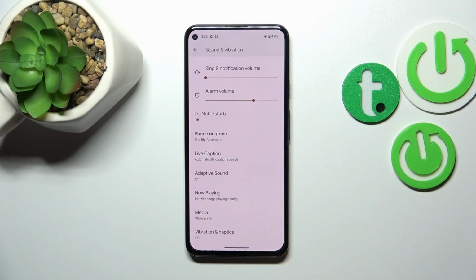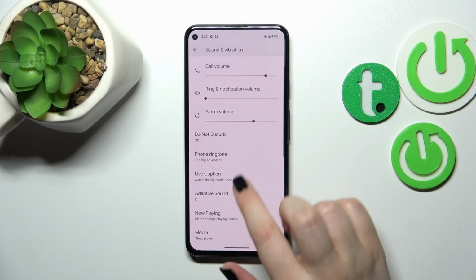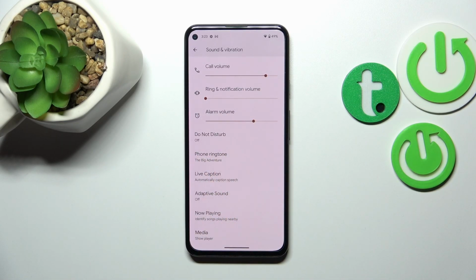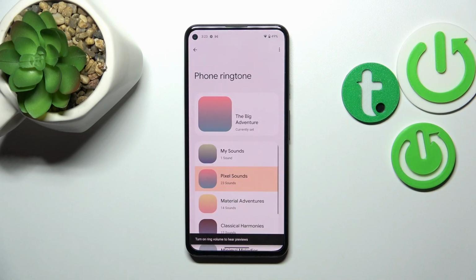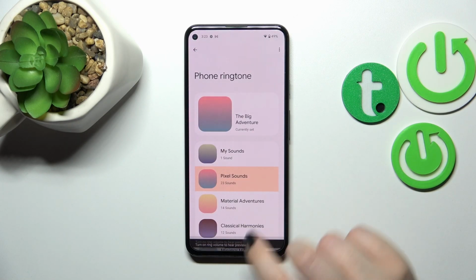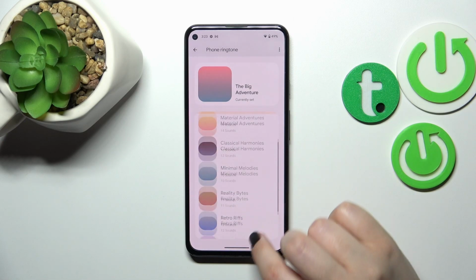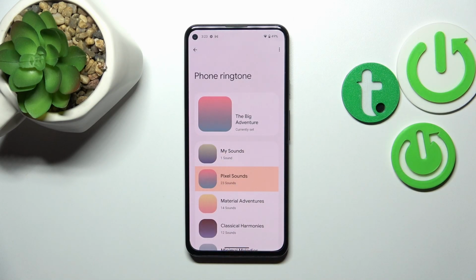Now let's scroll down just a little bit in order to find the phone ringtone here, and thanks to this option we will be able to change it. So let's tap on it. And as you can see, we've been transferred to the list of the ringtones from which we can choose. Basically, it is the list of the